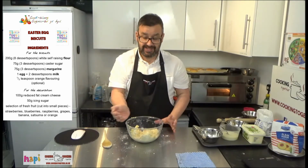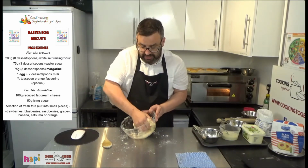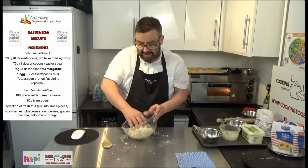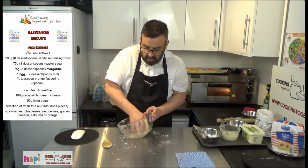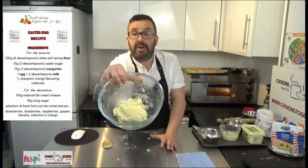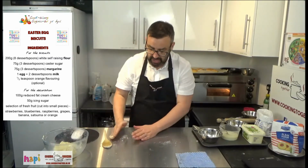I'm using my hand as a little scoop. Scoop it all together just as so, right? If you're a younger person, you might need an adult to help you with this, and eventually you will get a ball of dough just like that, right? So you can see my little ball of dough just there, and now we're ready to start doing our rolling